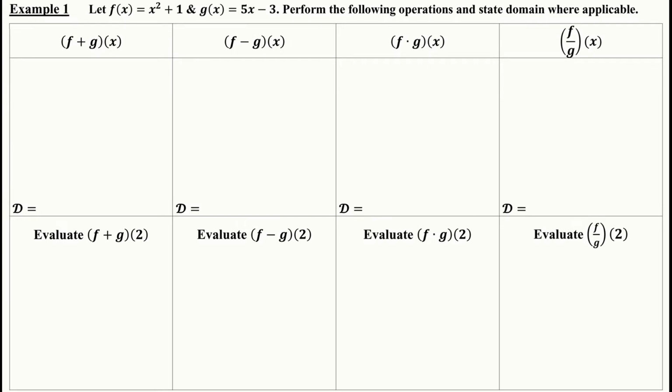So here we have a couple of functions defined for us. f of x equals x squared plus 1, and g of x equals 5x minus 3. We have a quadratic function here and a linear function here. We want to perform these basic operations on those two functions. So basically, we know from the definition that f